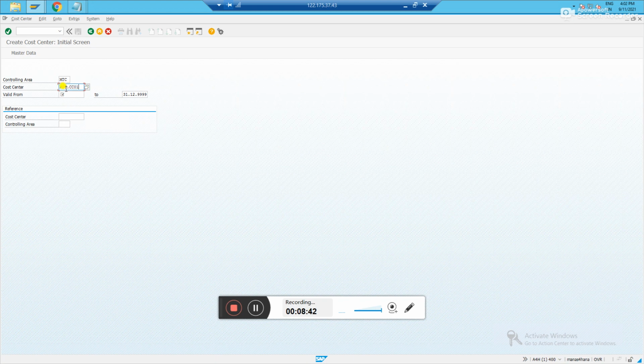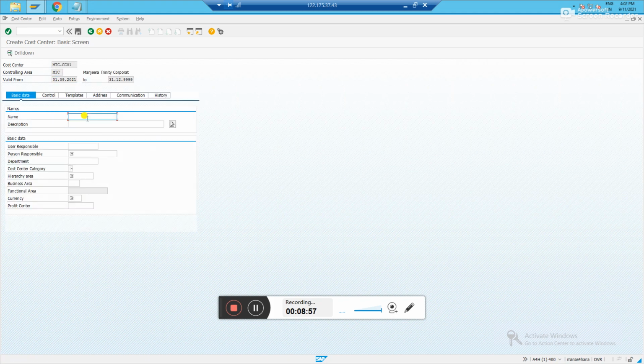Okay, so MTC.CC01 is my cost center name, which is valid from 01/09/2021. You just give the basic information that is needed and you just press enter. You will come to the next screen. Name it. What is the cost center? Test. We are creating for a test purpose. You just type test one.